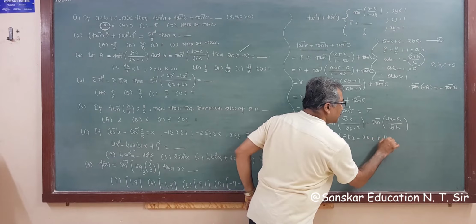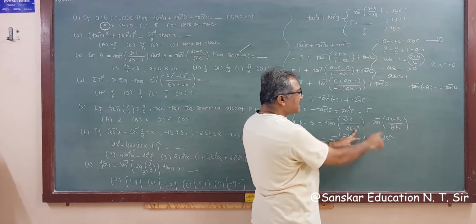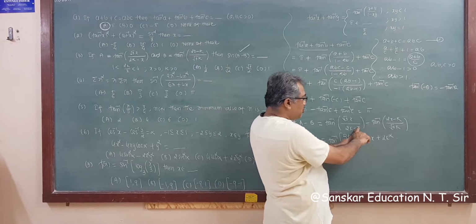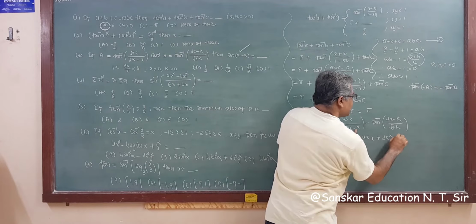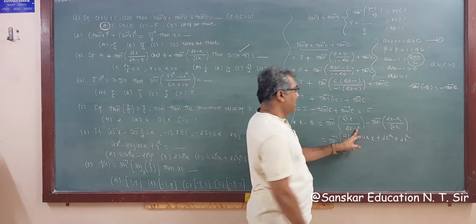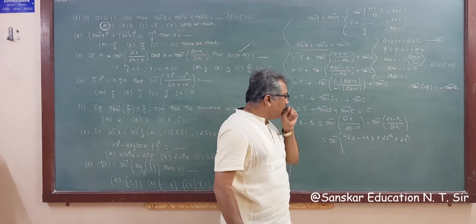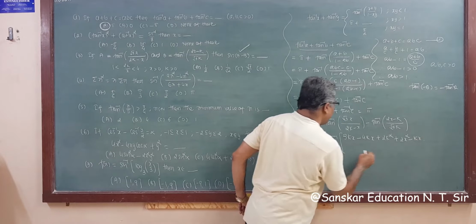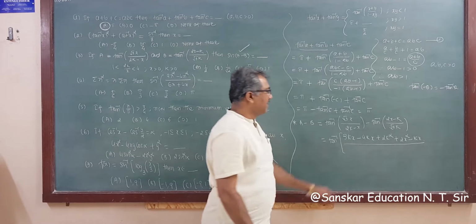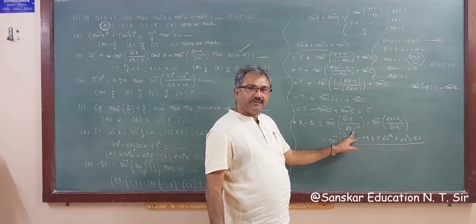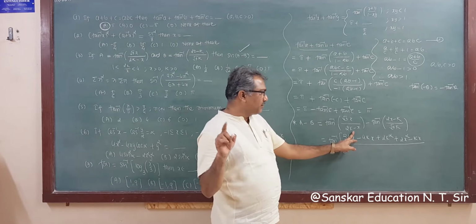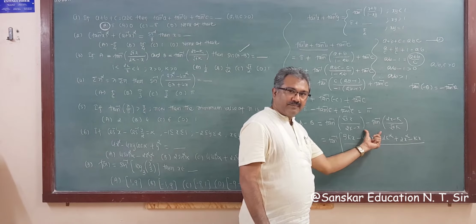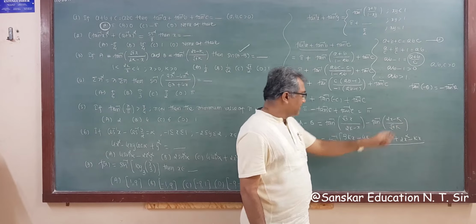So plus 2k square. Then minus x with this. This is minus and this is minus. So this becomes plus 2x square. And this is plus and this is minus, so minus kx. So minus kx, whole upon 1 plus, that you know. What do we have to do? This is A minus B upon this plus this, right? So what is your answer?